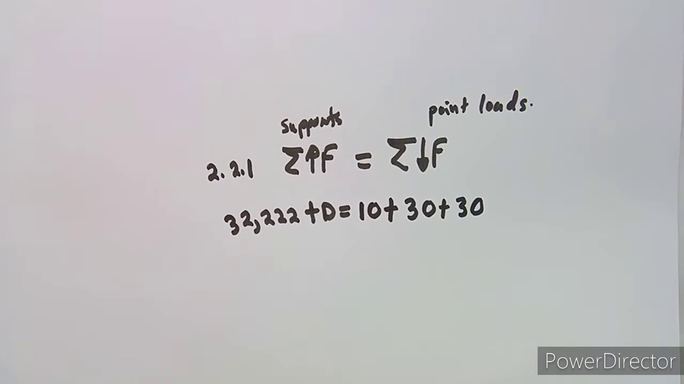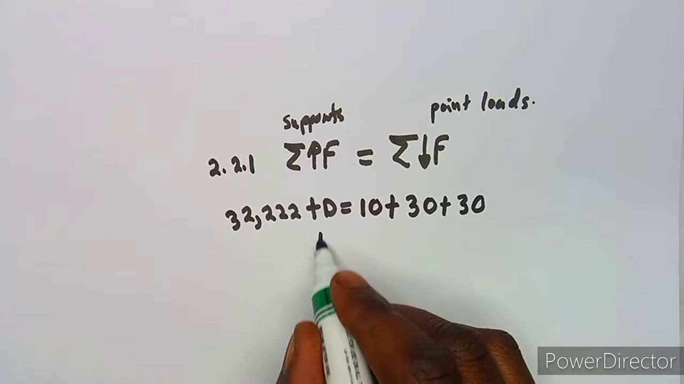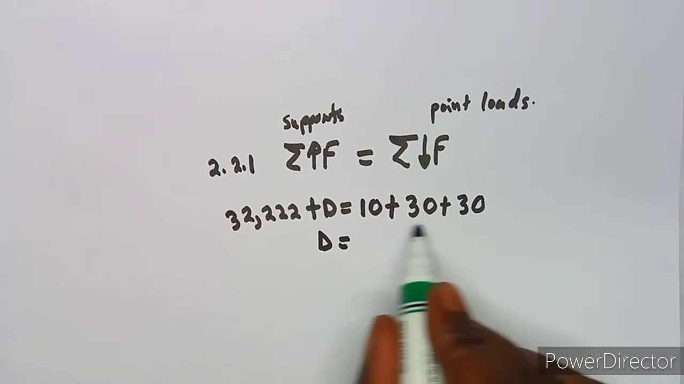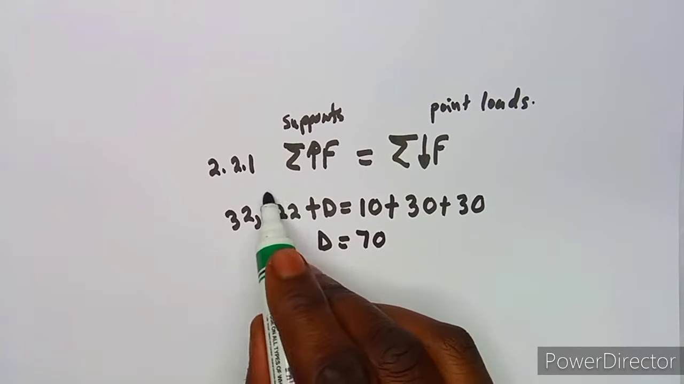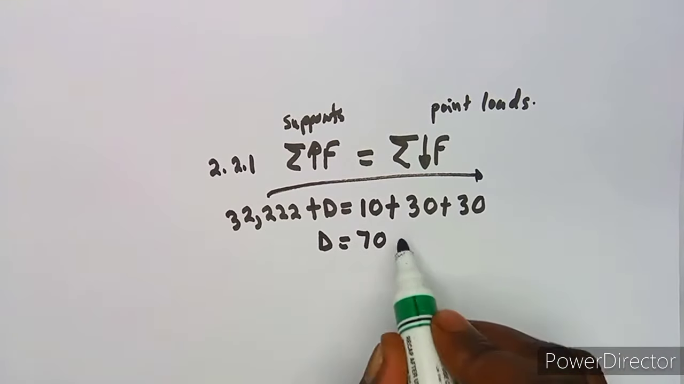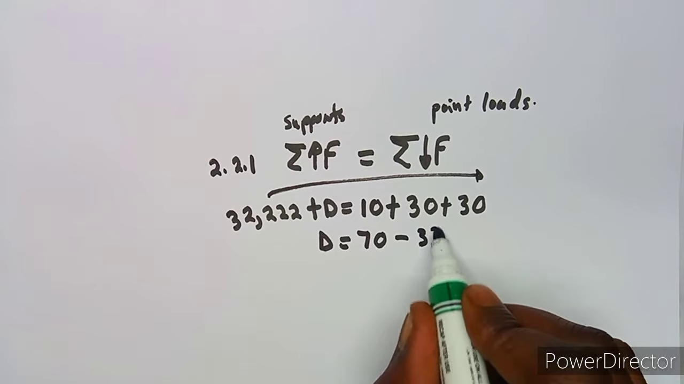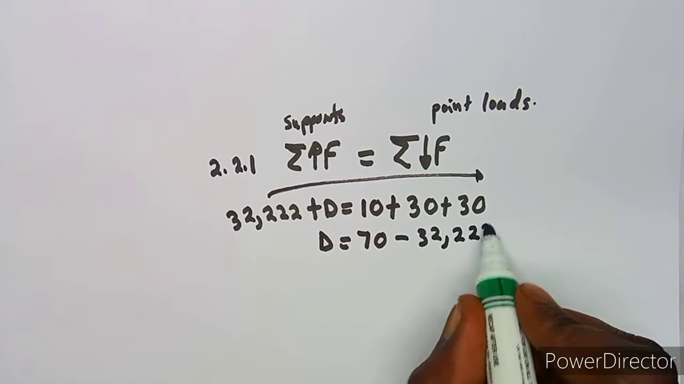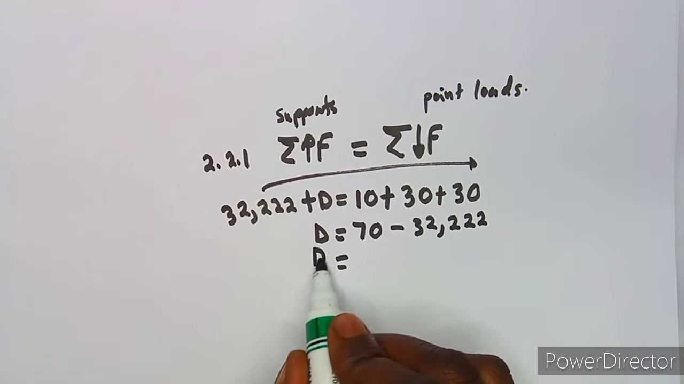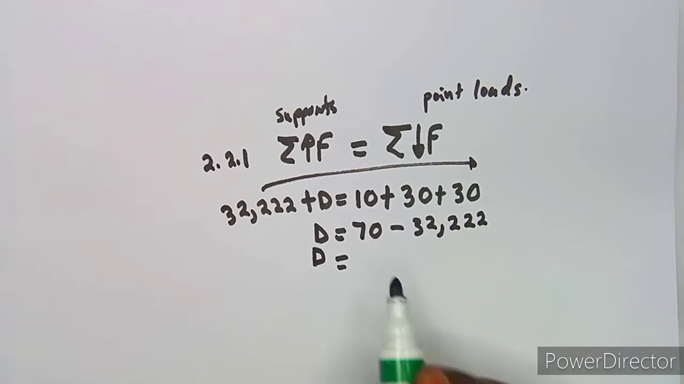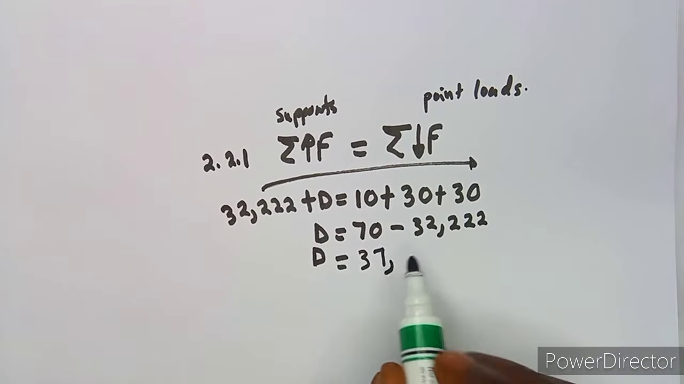All right. So you're going to combine this. If you add this, you're going to obtain 70 there. Then transpose this to this side. It's going to be minus, so it's minus 32.222. So if you subtract, guys, you're going to have the magnitude of the support D as